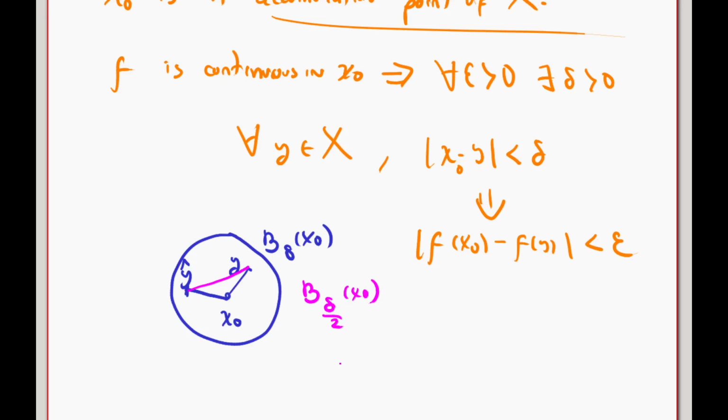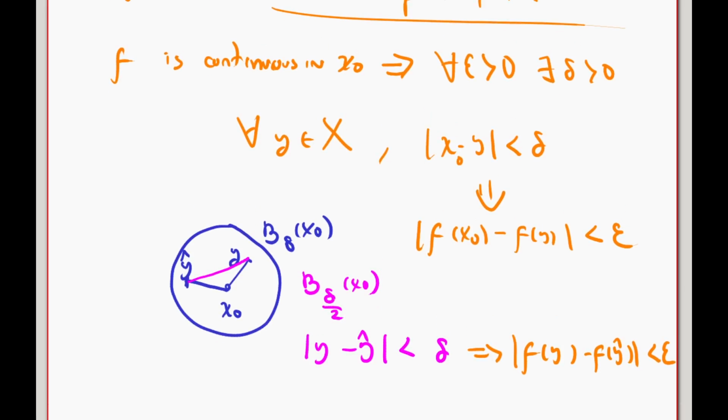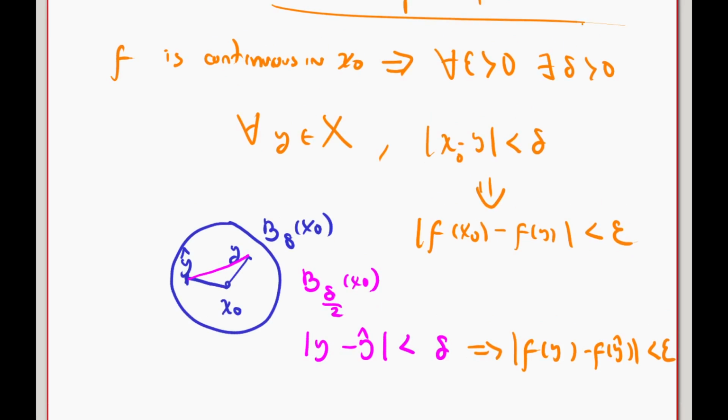And if we do that, then the distance between y and y hat will be smaller than delta. So if that happens, then the distance between f of y and f of y hat will be smaller than epsilon. So that means that for any epsilon bigger than 0, we can still find some delta, which is this one,